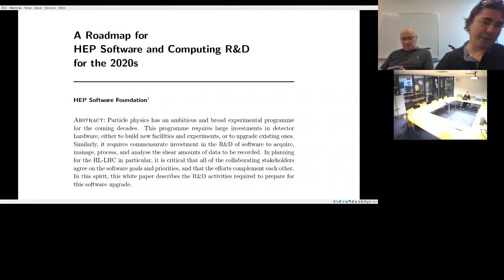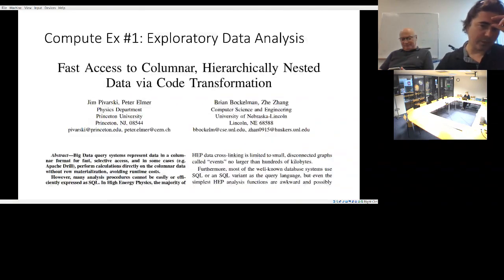So the plan for today is to go through these examples and explain how we see solving them. Our understanding will obviously be incomplete because we just see it from one side, but you see it from the other side, and maybe we'll be able to converge. So just to start with a concrete thing, we look at this first example, which is exploratory data analysis from this paper by Peter and Jim and other people. So the idea here is that